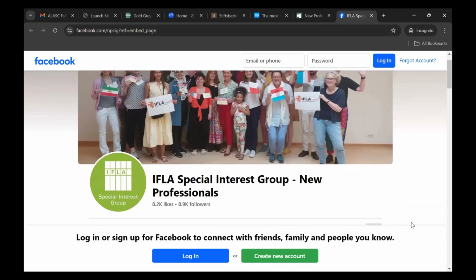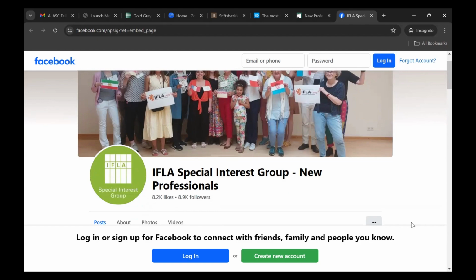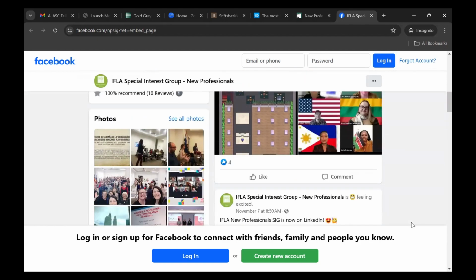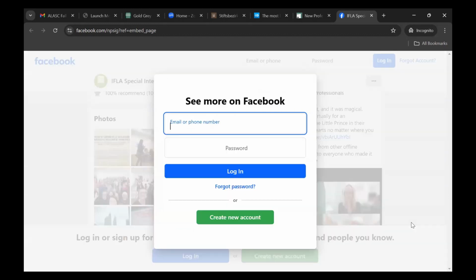They do a camp, an IFLA camp every year, and it's for new librarians, and it's before the IFLA Congress. IFLA Congress every year is in a different country, but you don't have to be there in person. You can also collaborate with them in different ways. Recently, they sent a call for librarians to,